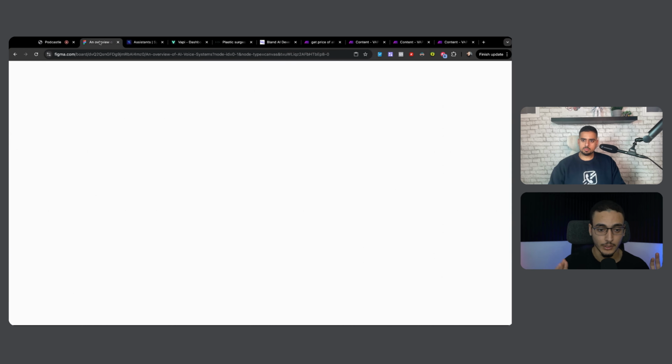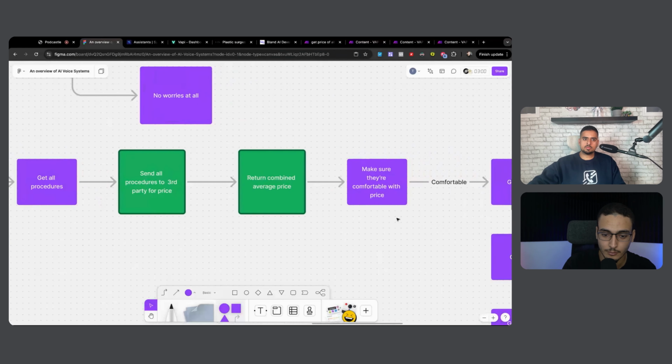And that's all it's doing. Now, going back into Figma, let's assume that they're comfortable with the price. And the reason, by the way, why we're doing it this way is if you try to fit this all into one prompt, you can do this within a singular prompt, but the risk of something going wrong, let's say, for example, they gave the wrong price, or it didn't give a price at all,